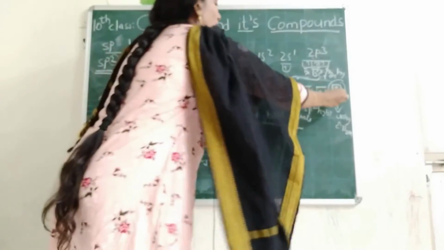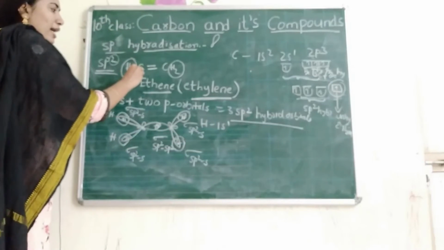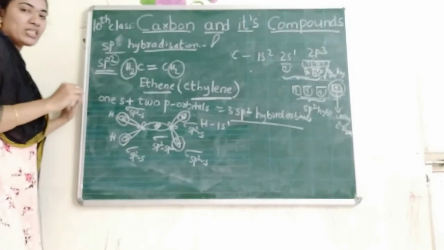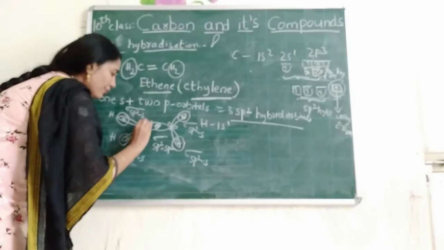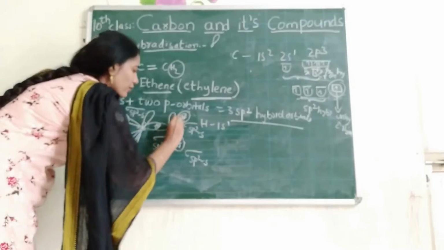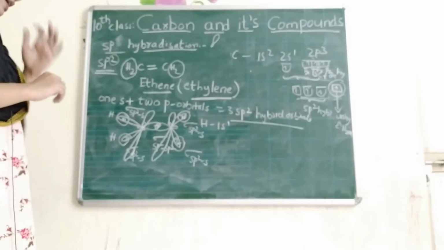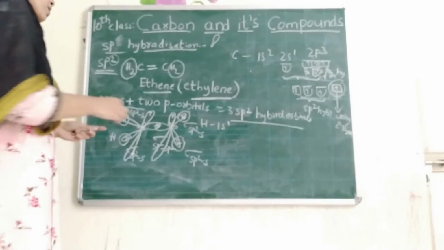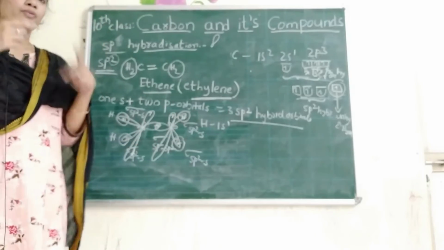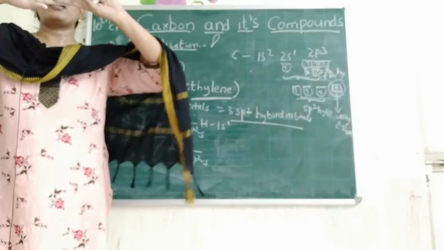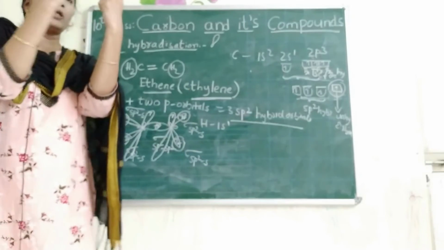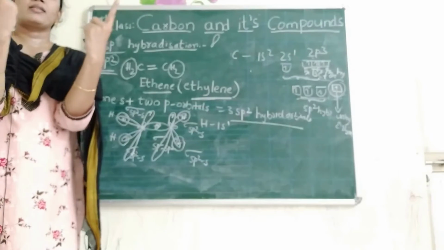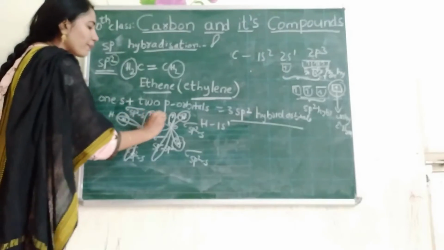In carbon there is one unhybridized orbital. This carbon has one unhybridized p orbital. This carbon also has one unhybridized p orbital. Okay, p orbital. What is the shape of the p orbital? Dumbbell shape. So I am drawing a dumbbell shape here, and here also there is one unhybridized p orbital. This has one electron and this has one electron. See, observe students, is there any possibility for the formation of a bond like this, end on end overlap like this? No, there is no possibility. The orbitals are like this, so there is no formation of end on end overlap. So they overlap sideways. This is called the sideways overlap or partial overlap.